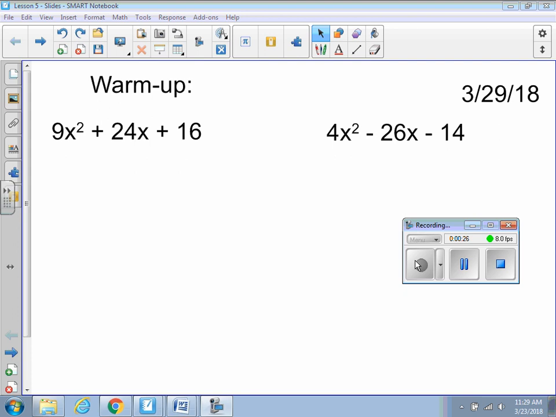So the first thing that we're going to want to do is multiply 9 times 16. So 9 times 16 is 144. So that's going to go on the top of our X. And then once we have that on the top of our X, we're going to put 24x on the